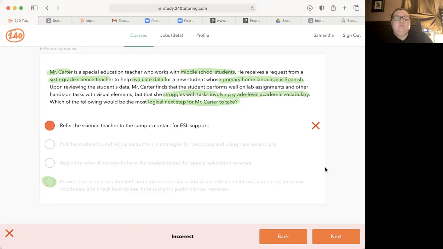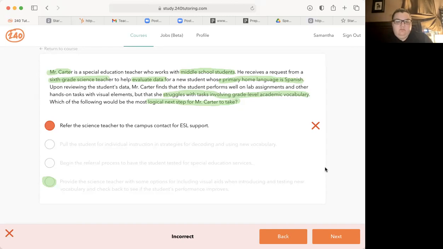So pre-teaching the academic vocabulary, utilizing multiple means of introducing that vocabulary to them, whether it be visuals, connecting to their prior knowledge, visuals whenever possible, examples, connections to the real world. So giving the science teacher specific examples of how to support that student would probably be best practice. That's what I would say. And then I'll check back. If that doesn't work, then maybe there is something there and I need to get together with somebody else.